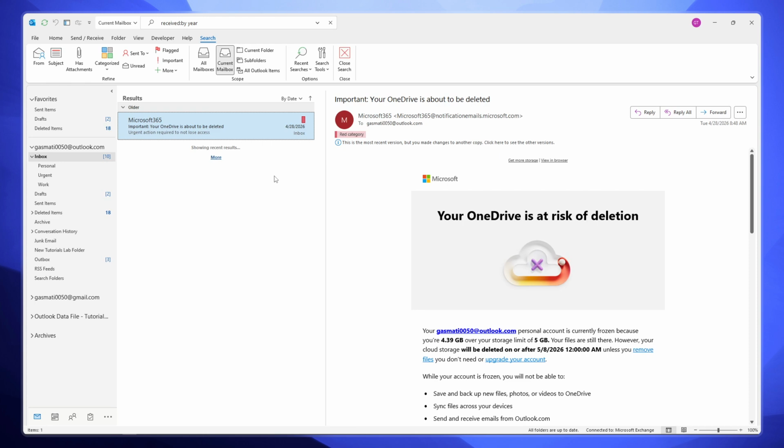And that's it. You've successfully filtered your Outlook emails by year, making it simple to find messages from any specific time